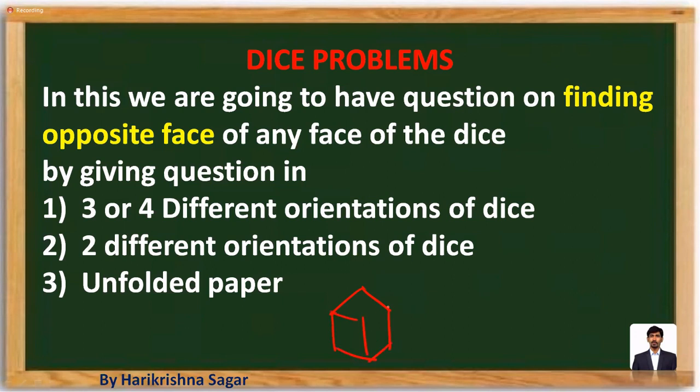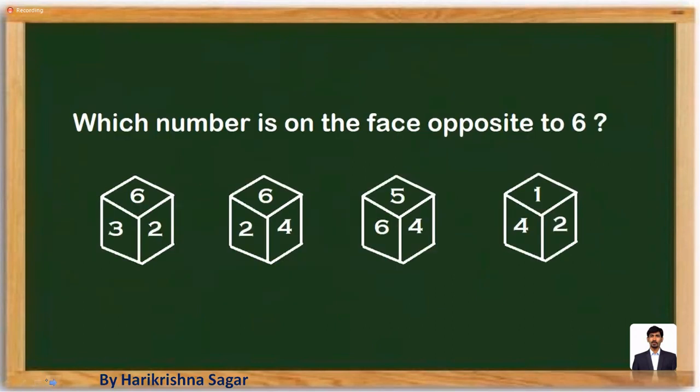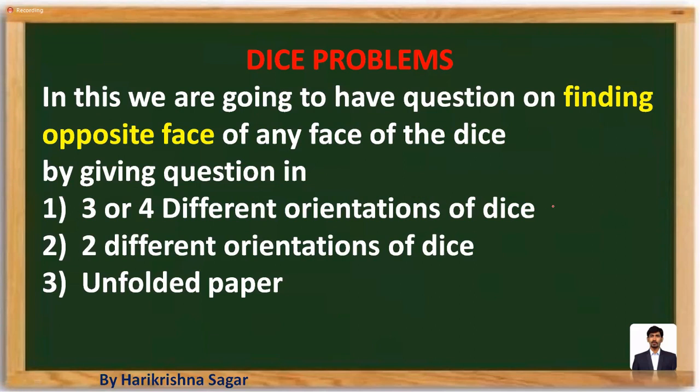as per the figure which is given, we can easily find out the adjacent ones. For example, every dice is numbered from 1 to 6. For the number 5, what are the adjacent ones? 1 is adjacent to 5, 3 is adjacent to 5. So we can say 1 and 3 are going to be adjacent. For any question, finding adjacent is easy. And what is opposite is nothing but other than adjacent sides. So I'm trying to define a statement here: opposite is nothing but other than adjacent sides.